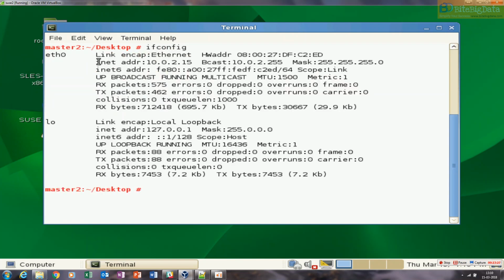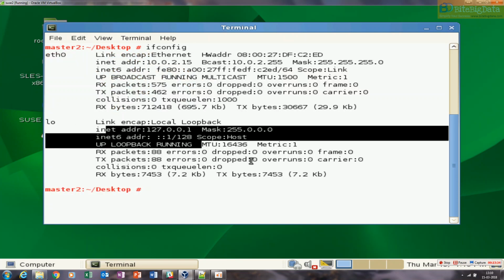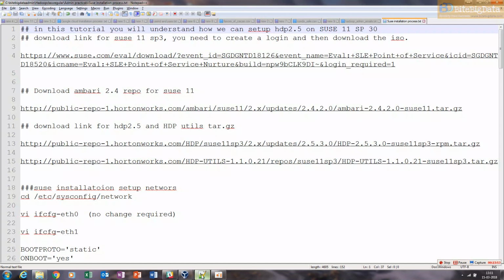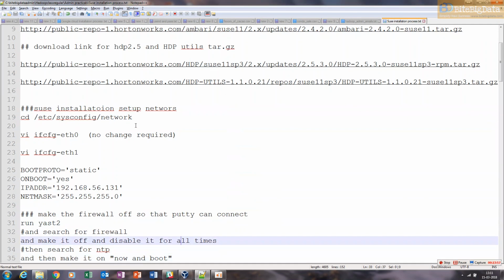So there are two adapters. One is eth0, that is the NAT adapter through which we are accessing internet, and another is a loopback localhost adapter. While creating this image, we had given one more adapter, adapter 2, that we set to host only, from where we can get the static IP to this machine, right? So currently its configuration file is not there, so you need to go here to